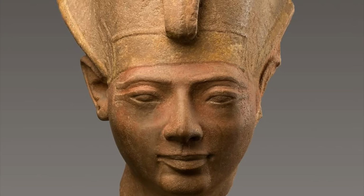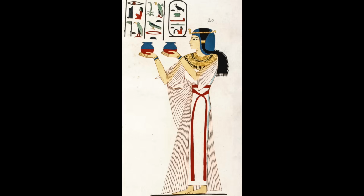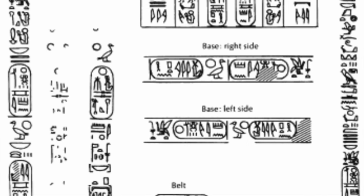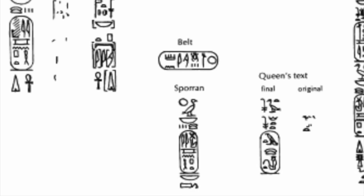Scholars used to think that they were half-brothers, but in Aidan Dodson's excellent book about the period, Poisoned Legacy, he theorizes that Seti II could have actually been Amenhotep's father. We know Amenhotep's mother was a woman named Hekanakht, as she appears on two statues of him. Inscriptions on both statues refer to her with the titles of King's Daughter and King's Mother. But on one statue, the title of King's Mother was recarved into the title of King's Wife, presumably after Seti